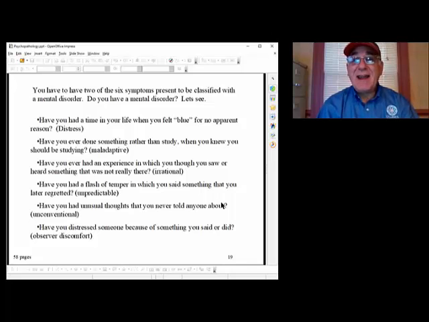Right? So I have all 6. How many of you guys have? I'll bet there's lots of you that have all 6 of them as well, at least 2 of them, right? Does that mean that you have a pathology? The answer is no. These are symptoms. They have to reoccur over and over and over in a pattern, and they have to cause you enough distress and also keep you from meeting the demands of life.